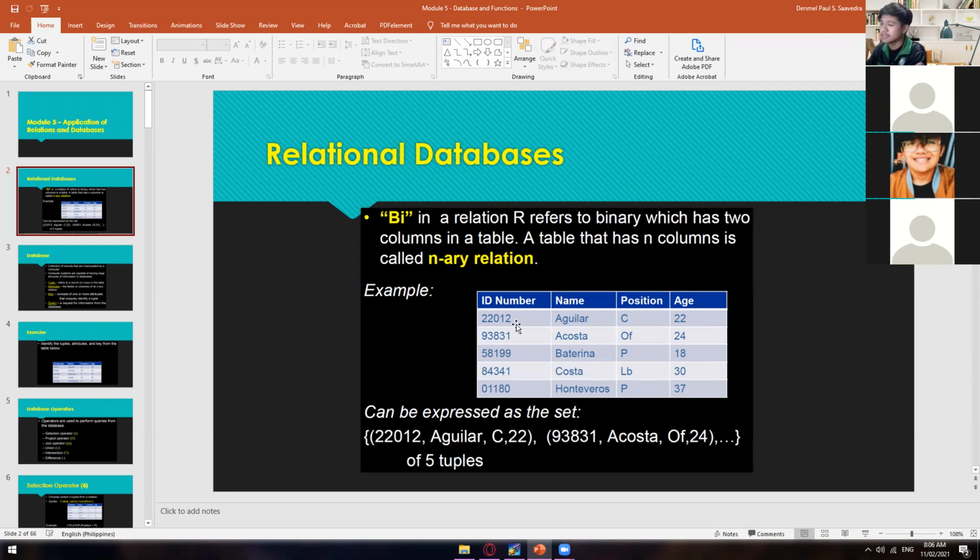So this is a column, column, column, and then column. Those columns are called an n-ary relation. This column is related with this column and this column. So they are related by name, position, and then age, etc. So this table can be expressed as the set of